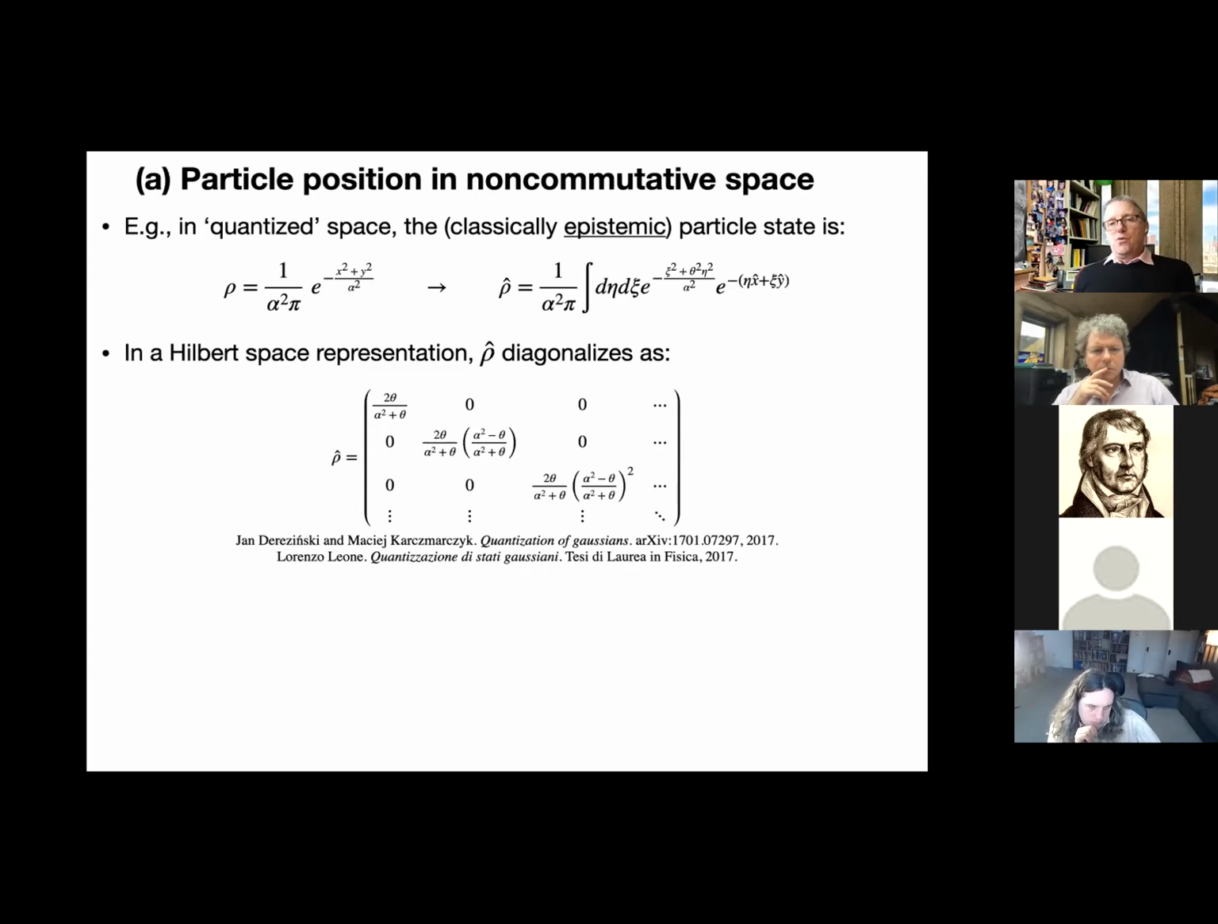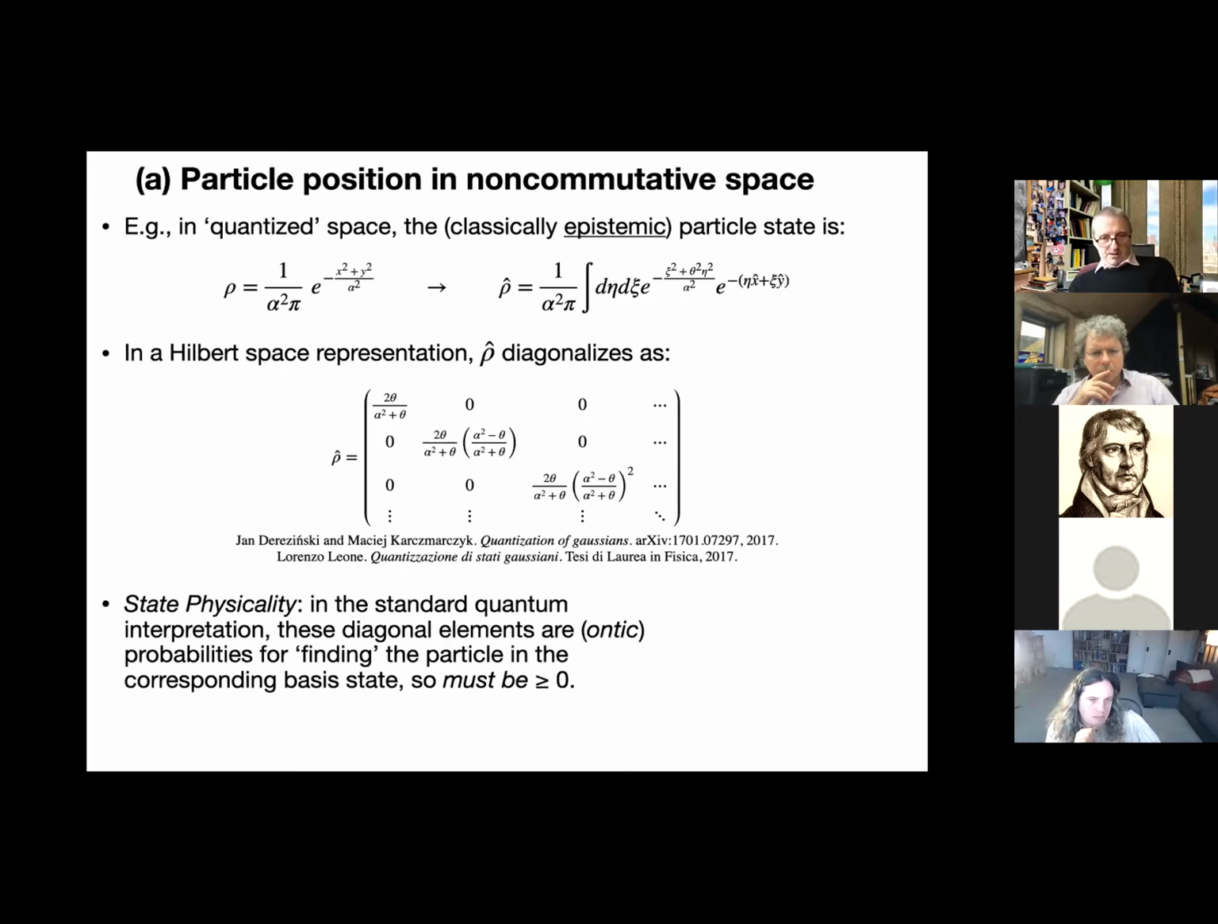Okay, so what does this matrix show? Well, to get to that, we want to state a principle for interpretation here and import some of the standard quantum ideas. According to standard quantum ideas, if I have a density matrix and I diagonalize it, those diagonal elements better represent, or at least be capable of representing, probabilities for finding the states corresponding to the eigenstates of that basis,